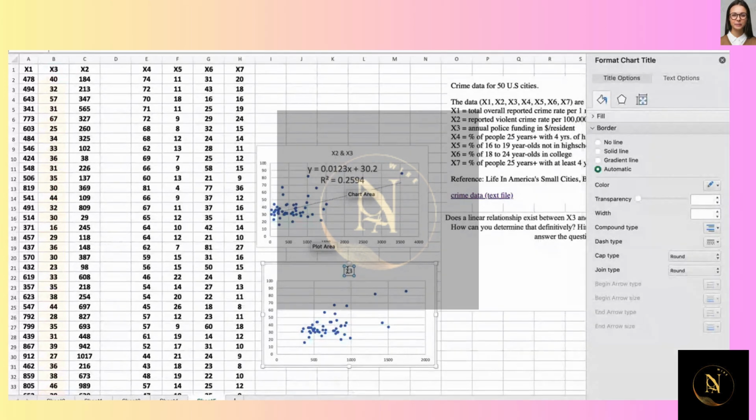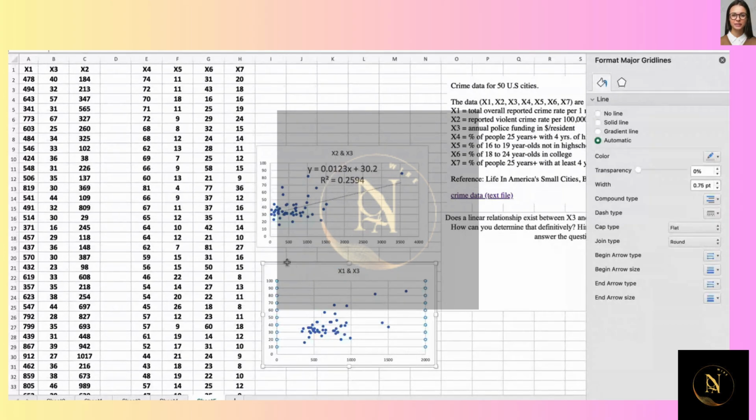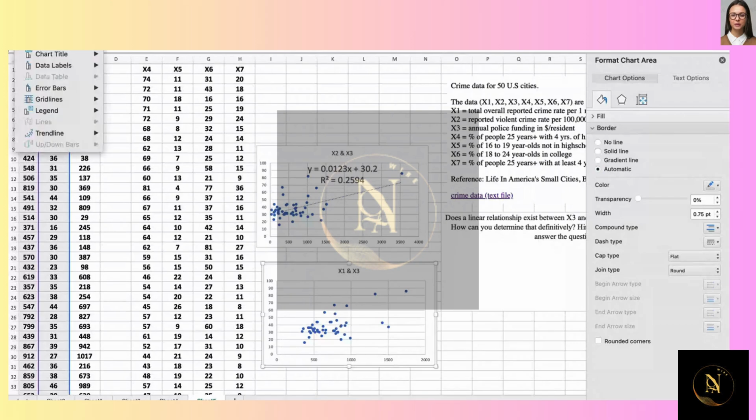And it's X1 and X3. And if I insert a trend line,